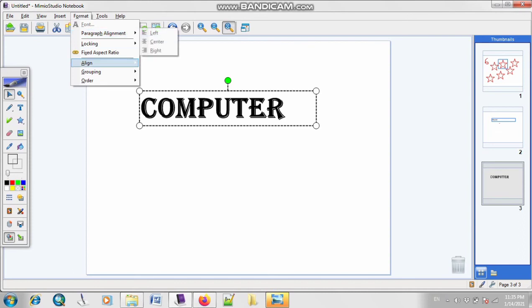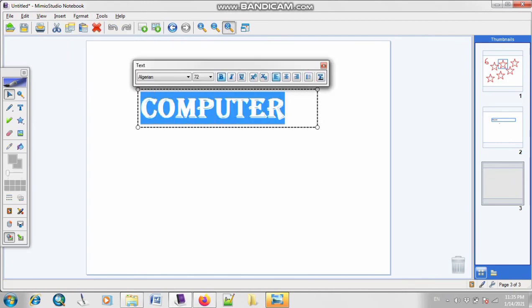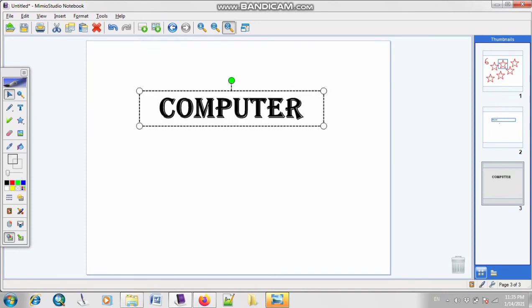Now the next option is your paragraph alignment. As you all know, alignment is something if you want to adjust your text on your page, then you can use this option of alignment. For example, if you click on this option of align and click on center, as you can see it will automatically move into your center.